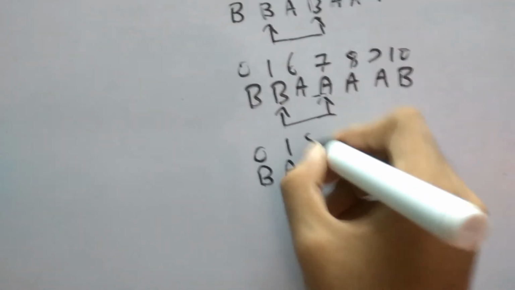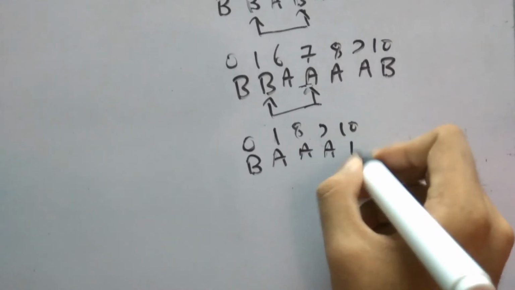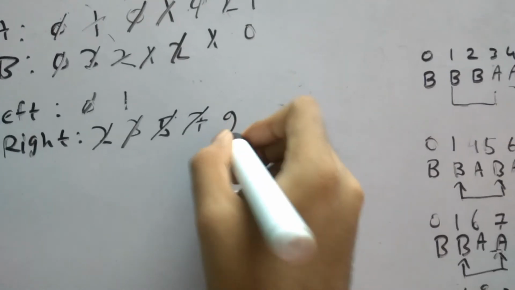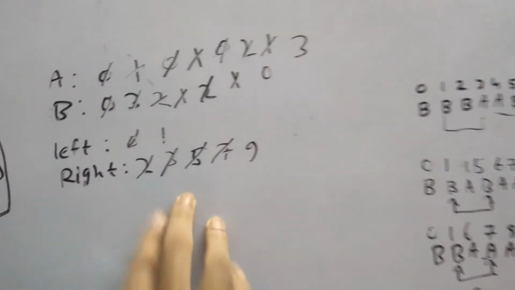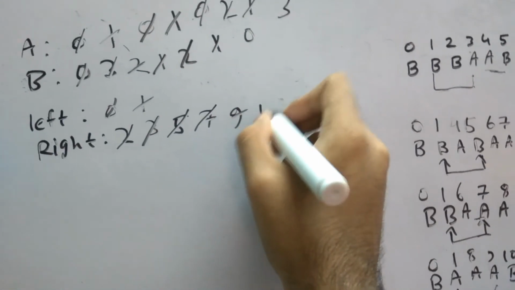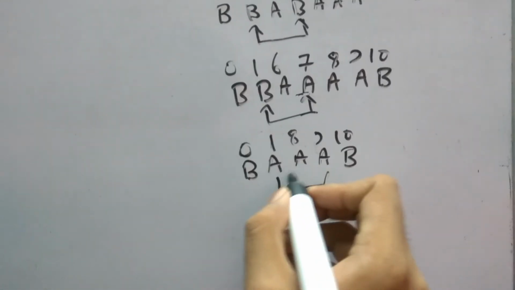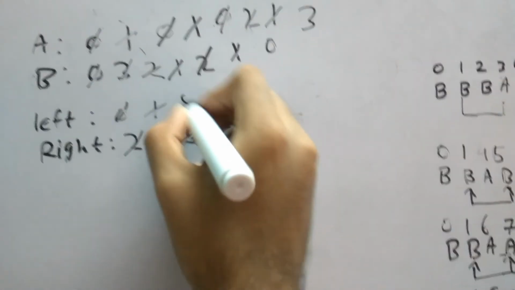For the rest of the elements, let's write them as they are. So it's a and b. Now our window is like this, 1 to 9, so our right will be here. After adding the count of a's, a is 3 and b is 0. So the absolute difference returned from this function is not valid. That means we have to shift both left and right. So now we shift right to 10, and the left will now be 8. So now our window is 8 to 10.